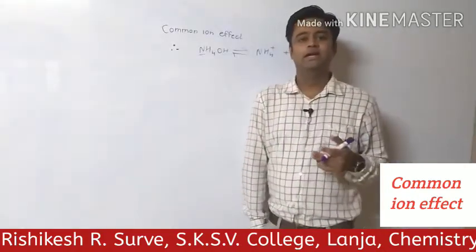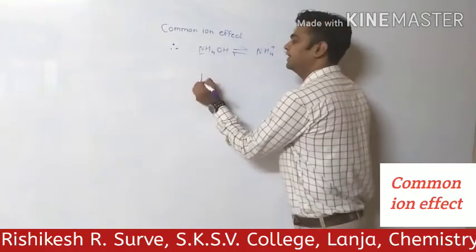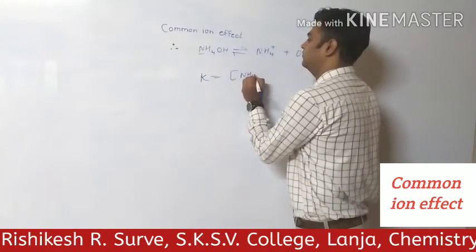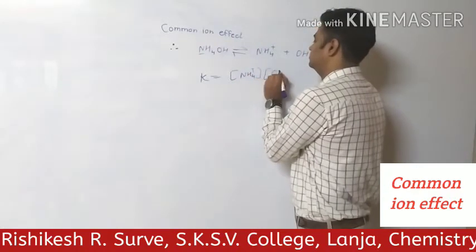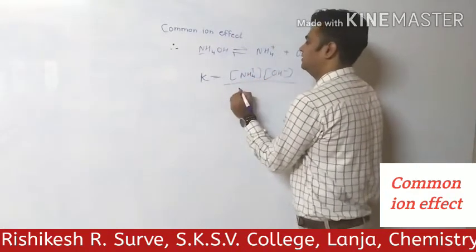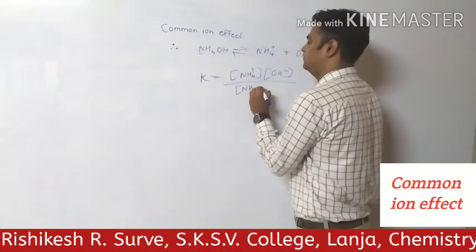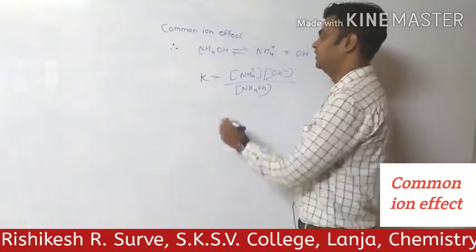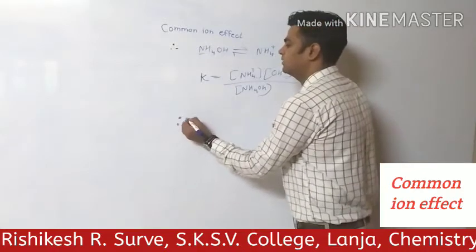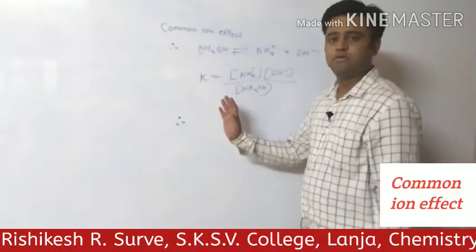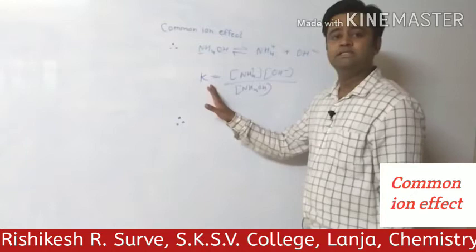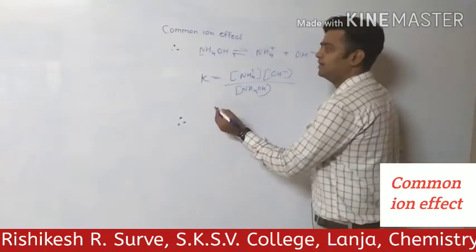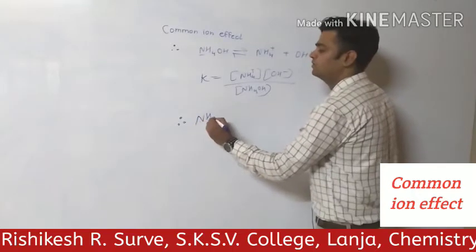Now let us write its equilibrium constant K. K equals the concentration of NH4 plus, the concentration of OH minus, divided by the concentration of NH4OH. Since K is an equilibrium constant, the value always remains constant at a particular temperature. Now let us add NH4